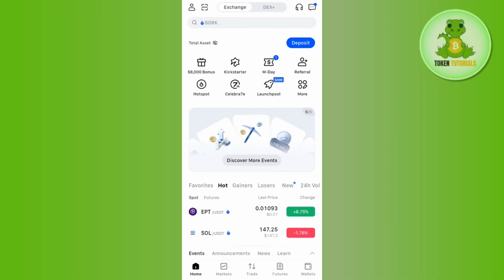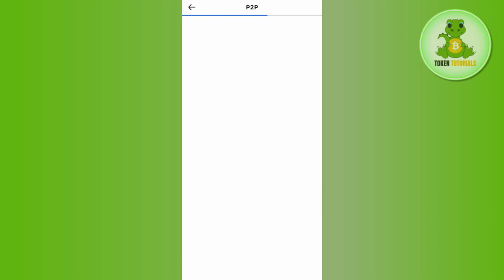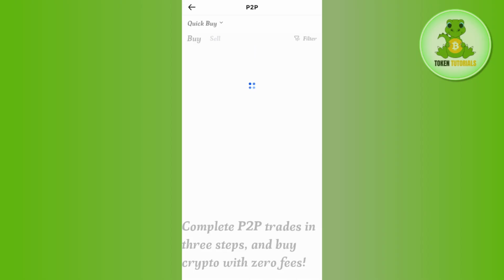Over here, you will see the more options. So simply tap on more and search for P2P. Now, once you are able to find P2P, you need to simply tap on it and then you will be